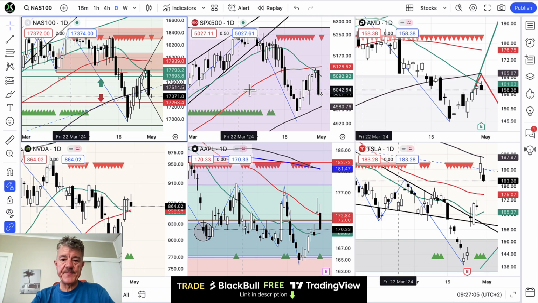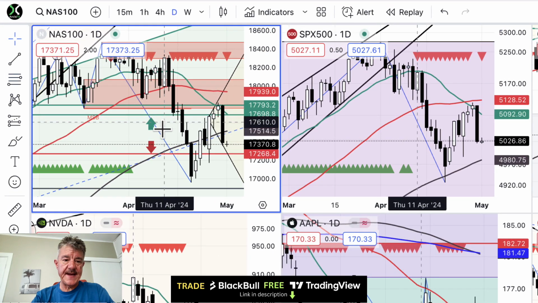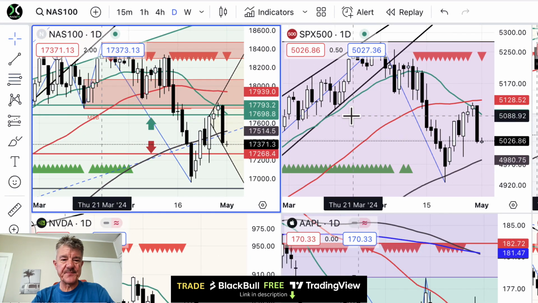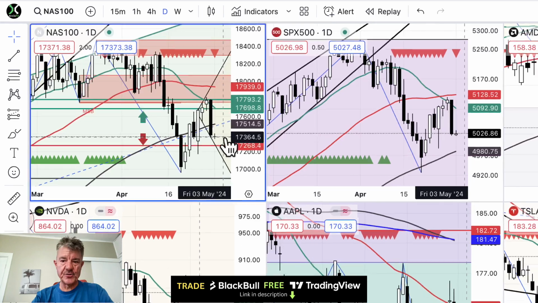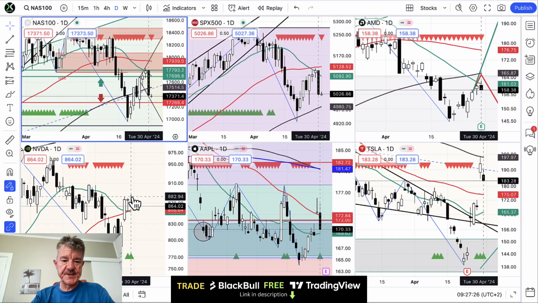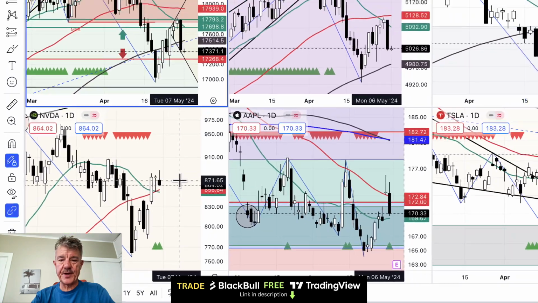So NASDAQ and S&P came off yesterday a little bit more sharply than I expected. Those are my positions. I'm long there and short here on NASDAQ, nothing on S&P. I'm waiting for the FOMC meeting later on today to decide what to do next and how to adjust these hedges. I'm also hedged on gold. We'll get to that shortly. I've got a short hedge position on Nvidia, which we took from the top and we hedged somewhere down below us. So that's in profit at the moment.